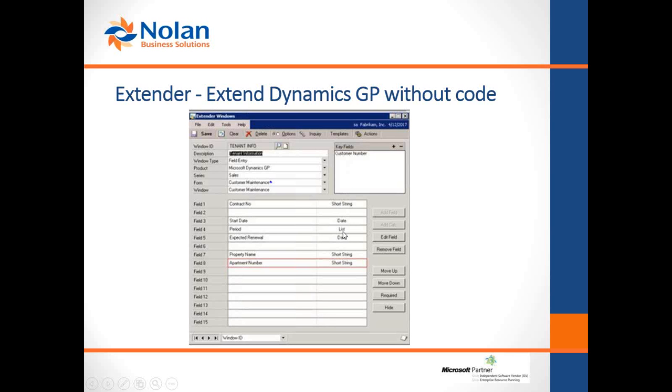You have the ability to make any of these fields required by using the button here, and then at the top you can also specify which product you'd like this window to be against. I've got Dynamics GP here, but if you had any third parties, they would show under this drop-down list. And you also specify which form you would like the window attached or associated to. Once this is saved,